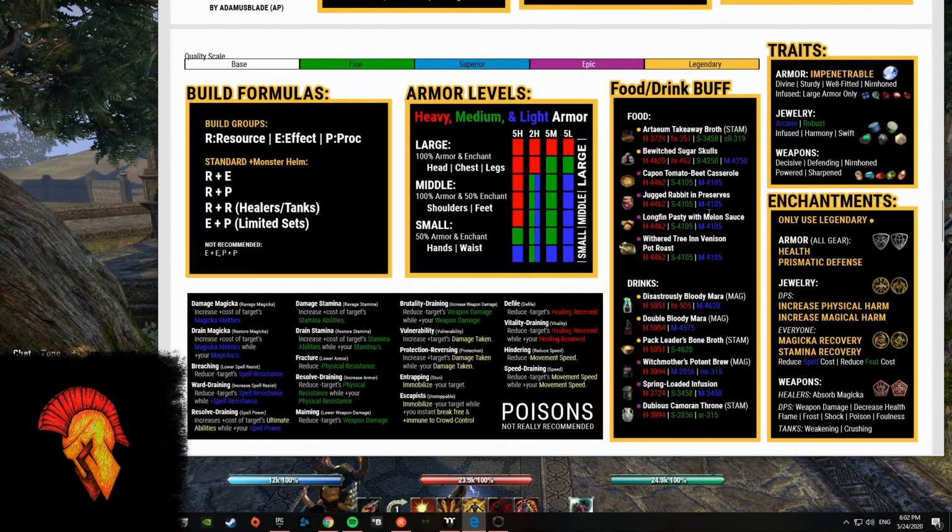These are kind of a list of foods that I would recommend. This is kind of how I would recommend setting up your armor. These are enchants. I understand that they're going to be introducing more Impen, so with that being said,